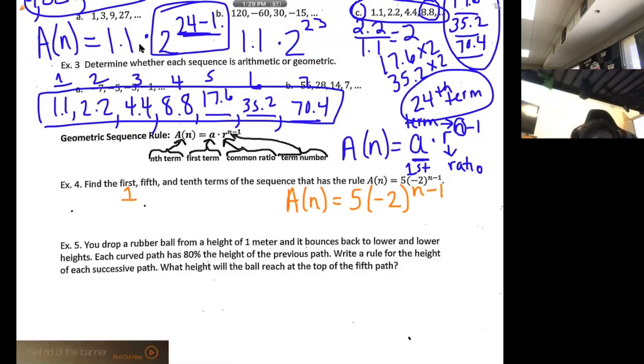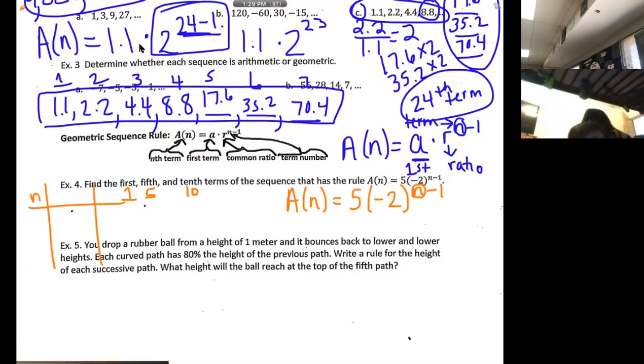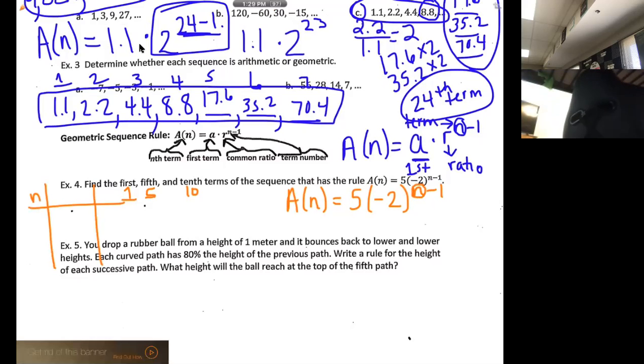The answer for 1, we're going to have the answer for 5, and we're going to have the answer for 10. What we're going to do is plug those in right here for n and solve them out one at a time. Does that make sense? So in a sense, it's almost like a t-table. See that? Here's our n. Here's our equation, A of n equals